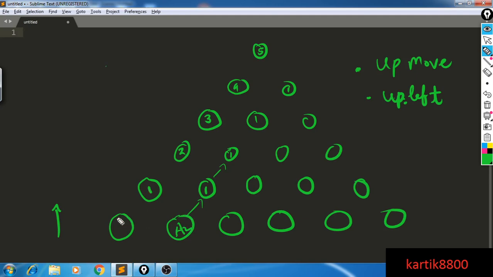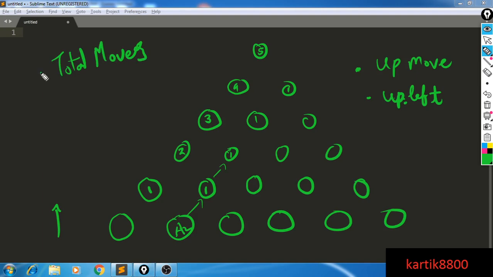Now the total moves is easy to decide because total moves will be 1, 2, 3, 4 and 5. The number of moves you need to make to reach the top is the distance between the top and the initial array, and that can be easily found out. The up left moves you need to make can also be found out. If you were thinking about A1, you don't need to make any up left move. Whereas if you were thinking about A6, you need to make 1, 2, 3, 4, 5 up left moves. In fact, all the moves will be up left moves only, because only then will the sixth element become the first element.